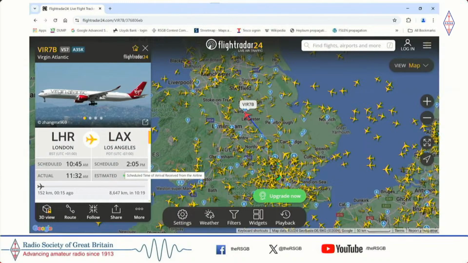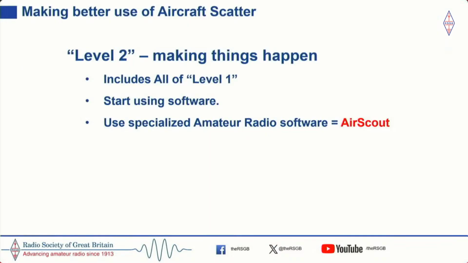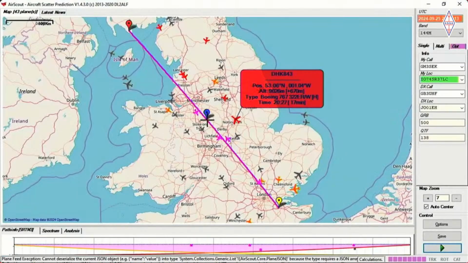What I don't see immediately is the height and the speed and the information that I really need. So it's nice, but it isn't really intended for us. So I strongly recommend that you use specialized amateur radio software, and the one in Europe is called Air Scout,